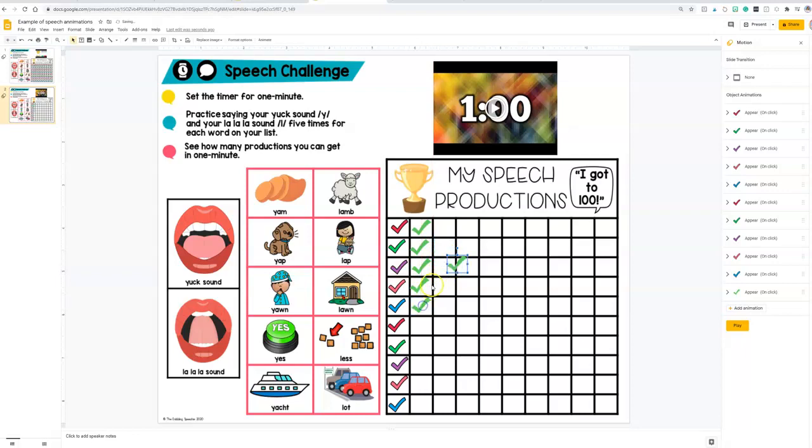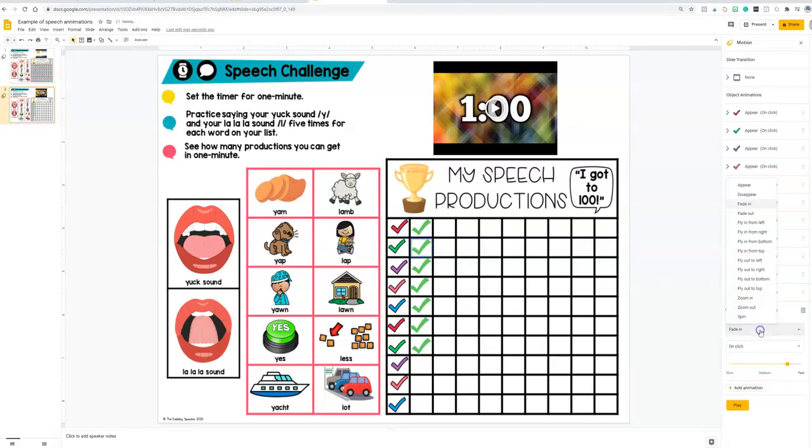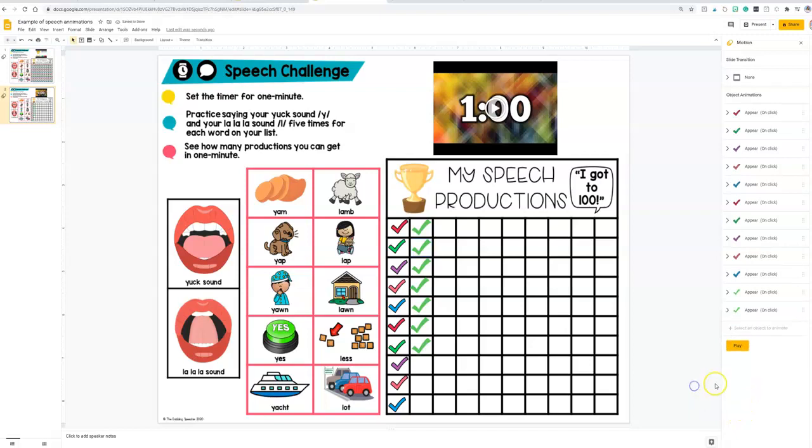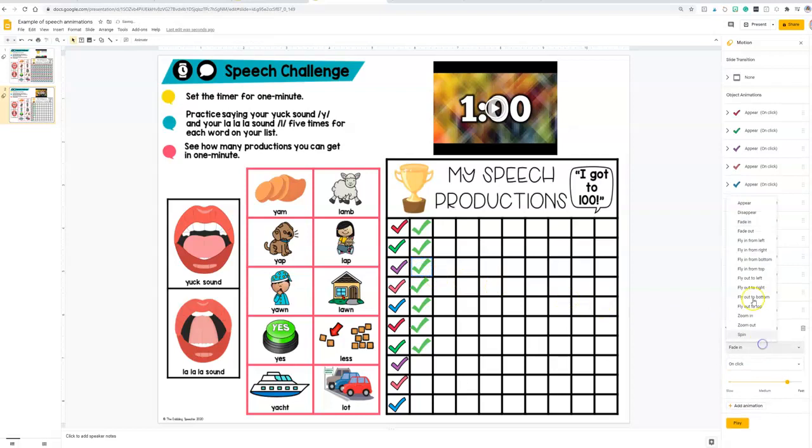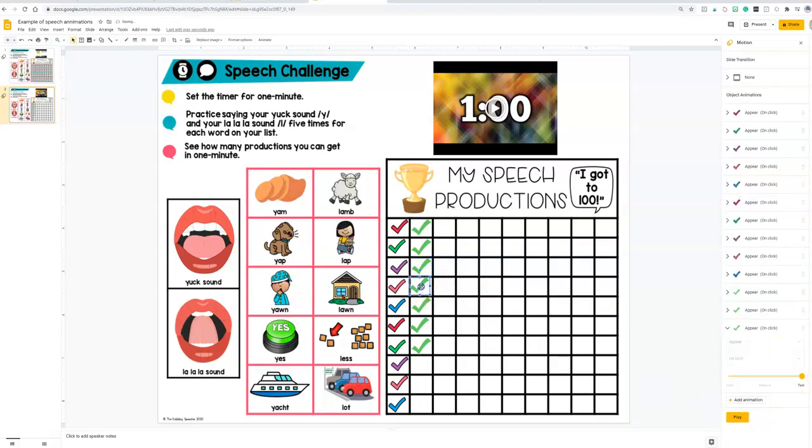the boxes. Okay. Now I'm going to click the image I want to animate. So I have my checkbox and I'm going to come over here and add animation. Again, I'm going to change it to appear. I want it to happen on a click, and it is now animated. Then I go to the next one, add animation, appear, on click. Then we go to the next one, and I'm going to show you for this one just the